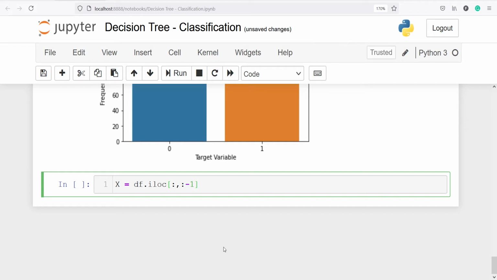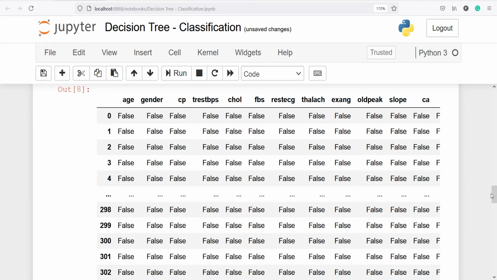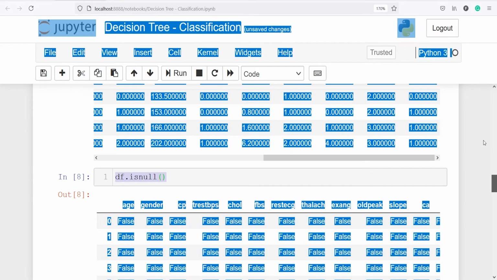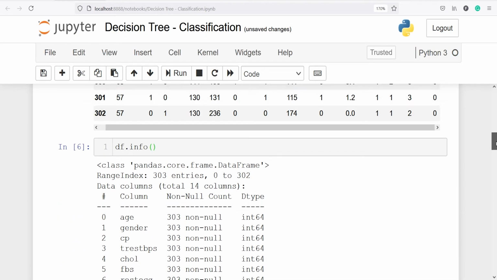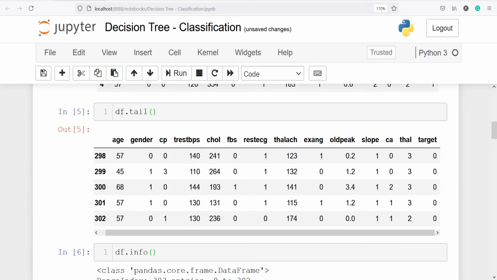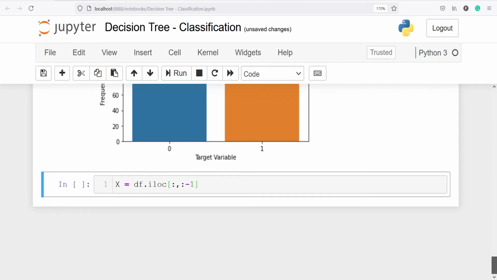This means I want all the columns except the last column, because the last column is the target variable. You will see here, our last column is the target variable, and we do not want to include this in our data frame X. So here I am saying I want all rows and all columns except the last column.